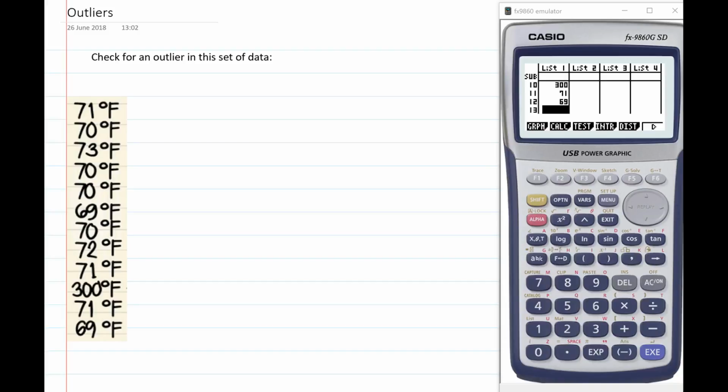Okay, we're going to check for outliers. An outlier is a number that's drastically different to the rest of the data. Actually, there's a mathematical meaning as well. So an outlier is any number that is more than 1.5 the IQR above Q3